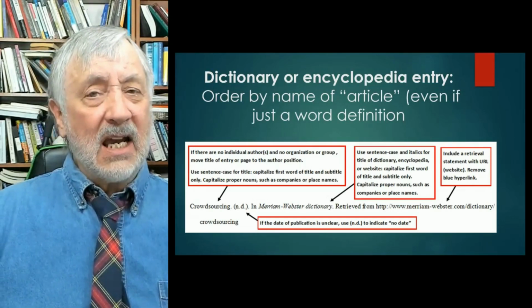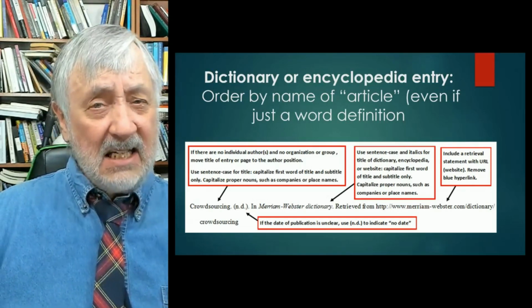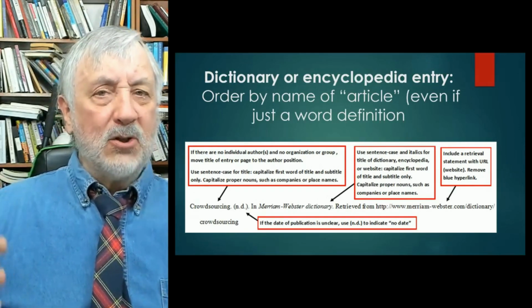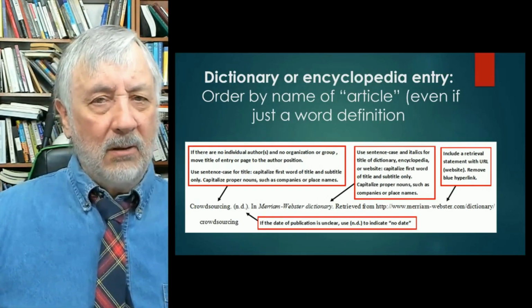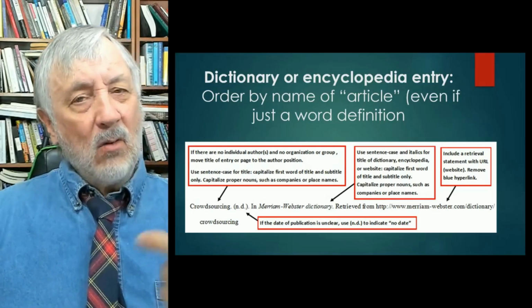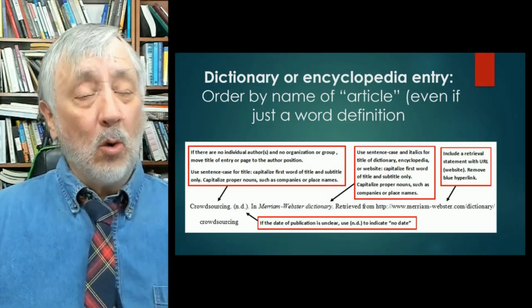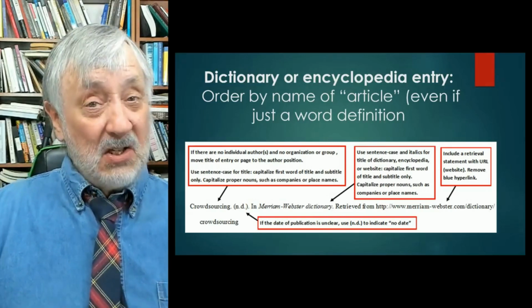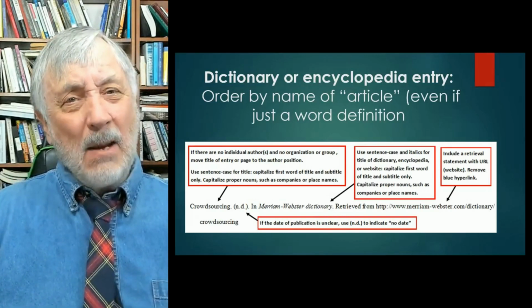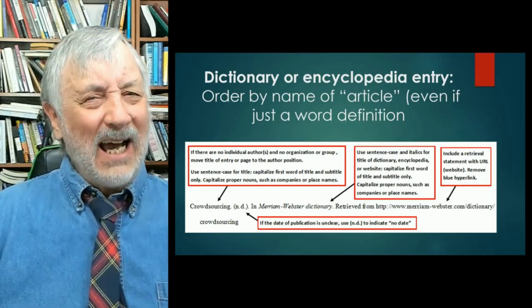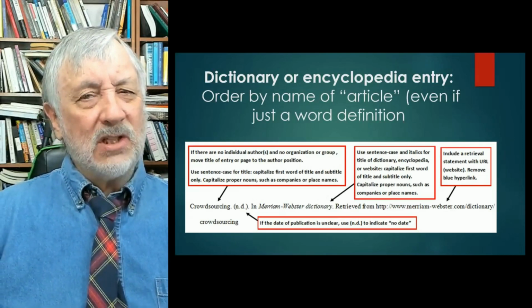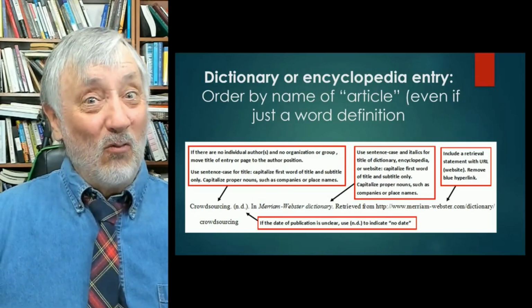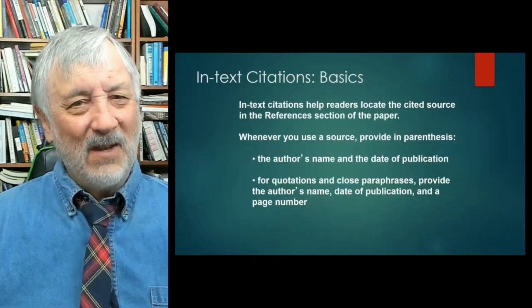Now, if there's a case that it's not dated, you can use ND for no date, and then Merriam-Webster dictionary or wherever you found it. If you found it on the internet, then you can use the URL. That's the case that you could use the URL. But the most important takeaway from this is you use the name of the article, the title of the article. So you just don't say, I found this in the dictionary. There's a million words in the dictionary. Where in the dictionary? Okay.